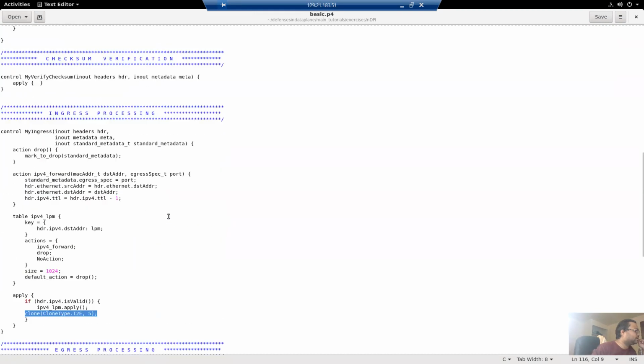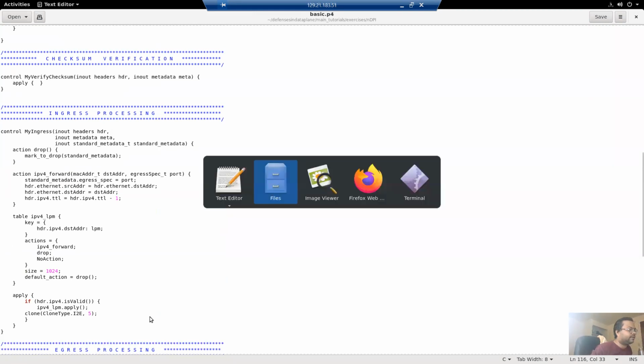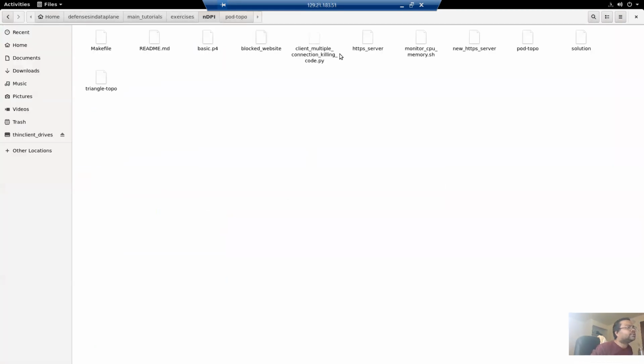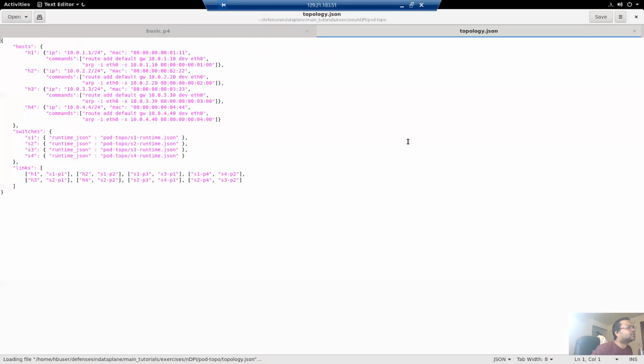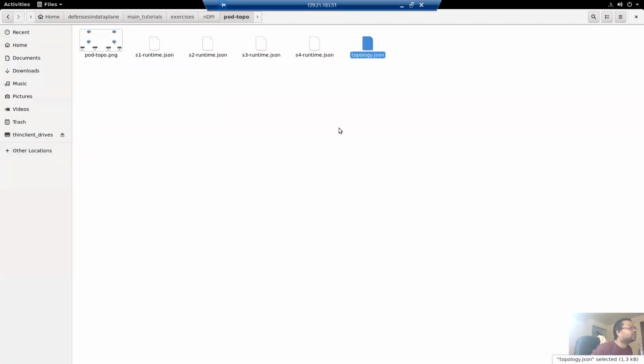As you can see, you clone the packet and insert a session ID 5. And then, let's check, this is the topology.